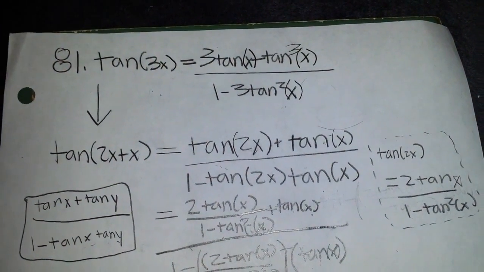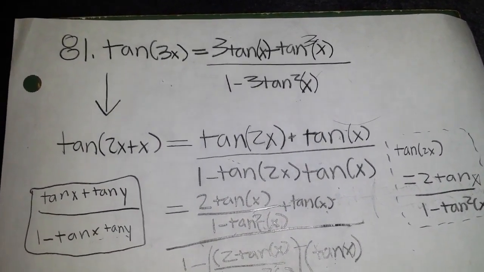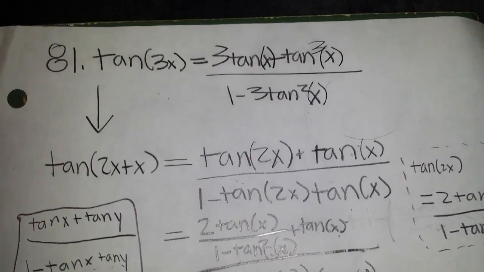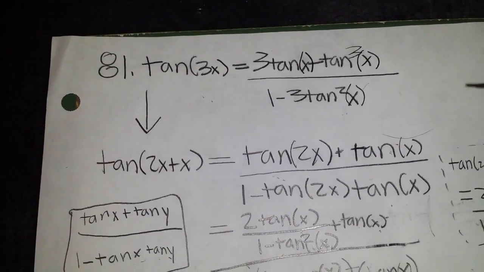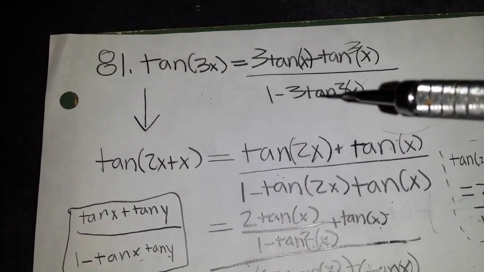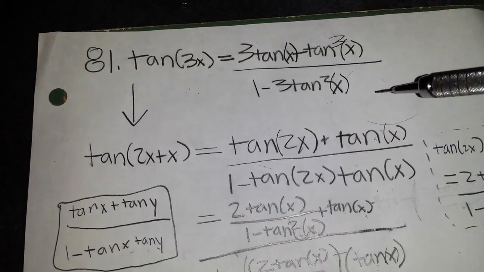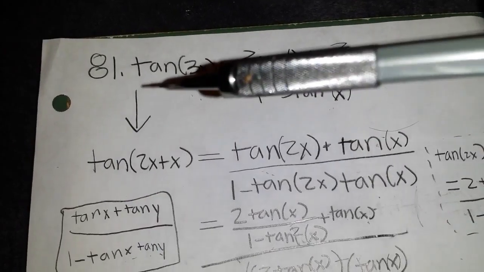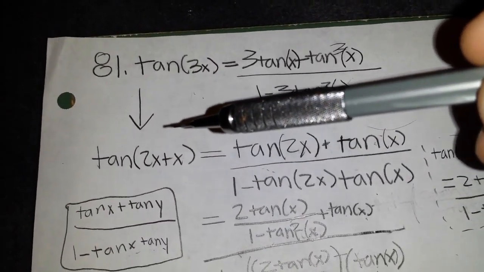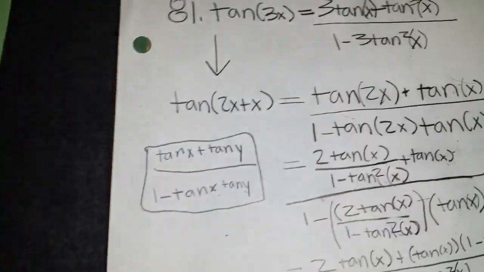This is problem number 81 from section 7.3, proving the identity. Tangent of 3x is equivalent to 3 tangent x minus tangent cubed x, all over 1 minus 3 tangent squared x. It's usually easier to do the more complicated side, but in this case it's easier to do the simpler side. So basically you're going to use the addition formula of tangent of x plus y,